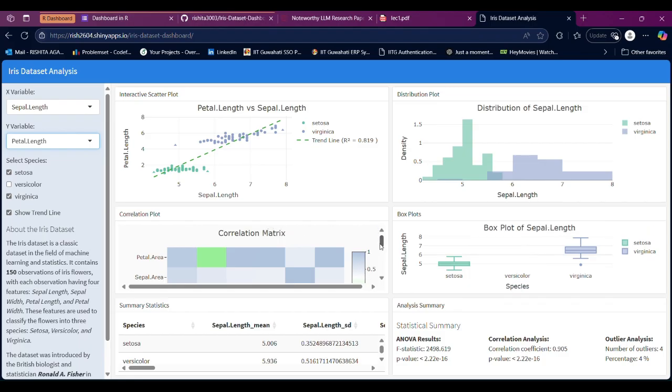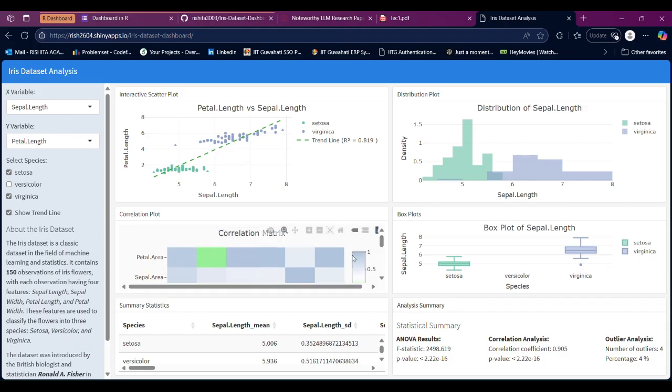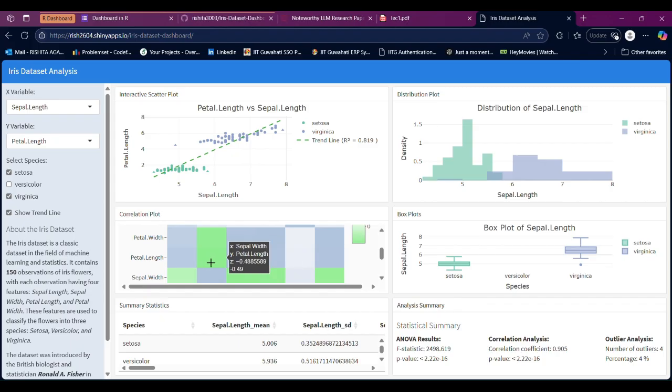So this is the correlation matrix, and let me scroll it down to see. We can see that the blue ones indicate a very high correlation, whereas the green ones indicate a very negative correlation. So here petal length and sepal width show a correlation of minus 0.49. That means it has a negative correlation of approximately 0.5, which is quite an inverse relation. On scrolling this down, we can very clearly see that sepal area is more or less independent